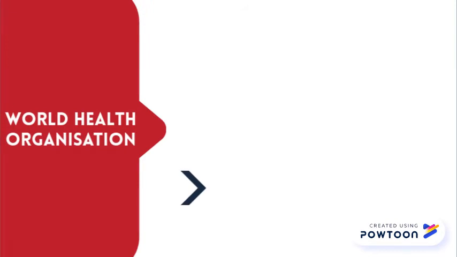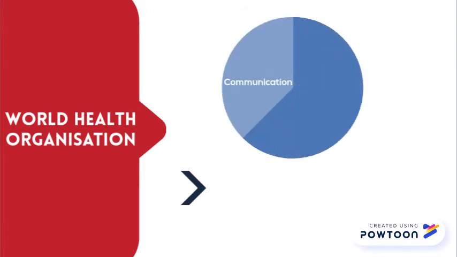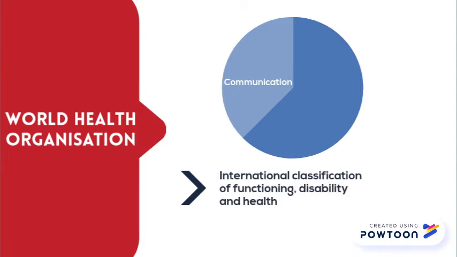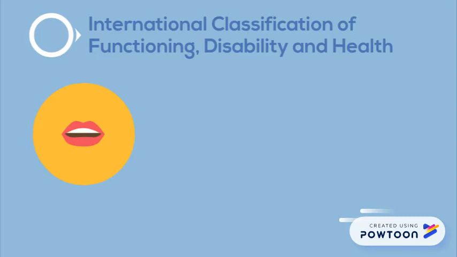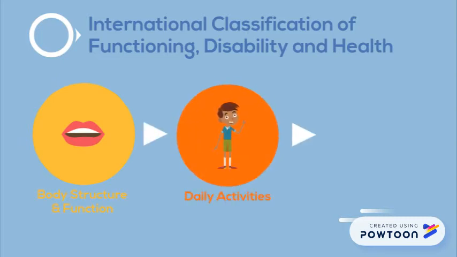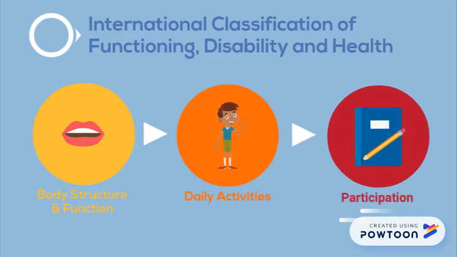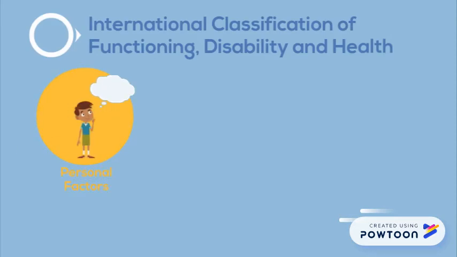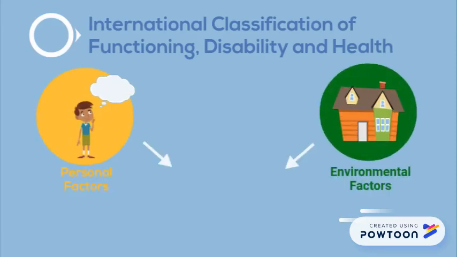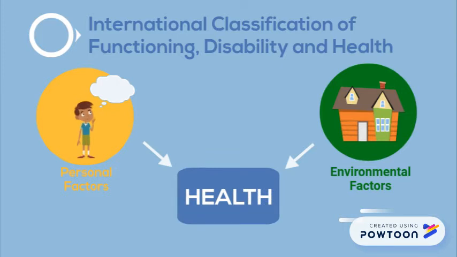According to the World Health Organization, communication is a key element of health, and as such, speech pathologists apply the World Health Organization's International Classification of Functioning, Disability and Health to their practice. This means that Jane will assess your child in terms of body structure and function, and how any impairment they may have impacts daily activities and their participation in educational and social settings. Jane will also consider how personal and environmental factors may positively or negatively impact their impairment, so you can expect to be asked questions that will help her understand this.